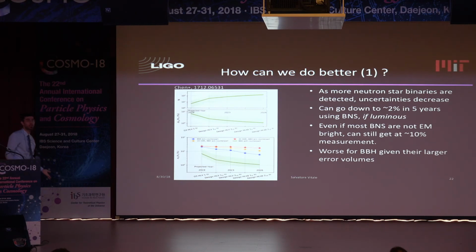It will be intrinsically worse, as I told you, because there are more galaxies that can be the potential host. These dashed lines here give you the evolution of the uncertainty on H0 as a function of time if you use this other method for neutron star binaries in blue, and for black holes, because you can use it also for black holes. And what you see is that in 5 years, if most BNS come without host, your uncertainty will be more on the order of 10-ish% rather than on the order of a couple of percent. So this bracket tells you what you can expect from us using this method in the next few years, between a few to maybe 10%.